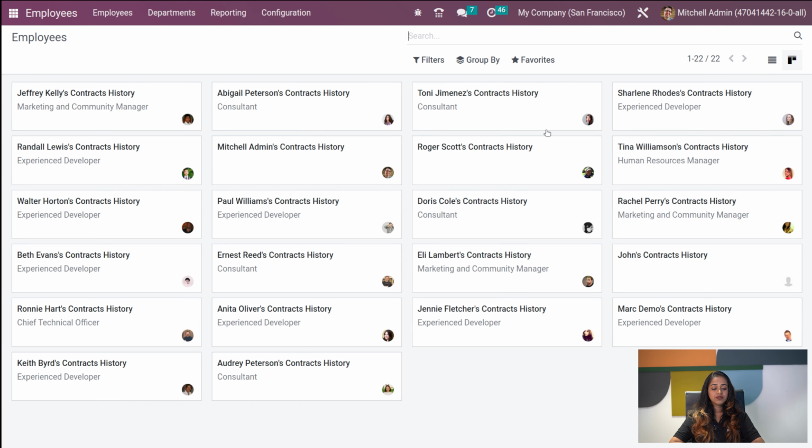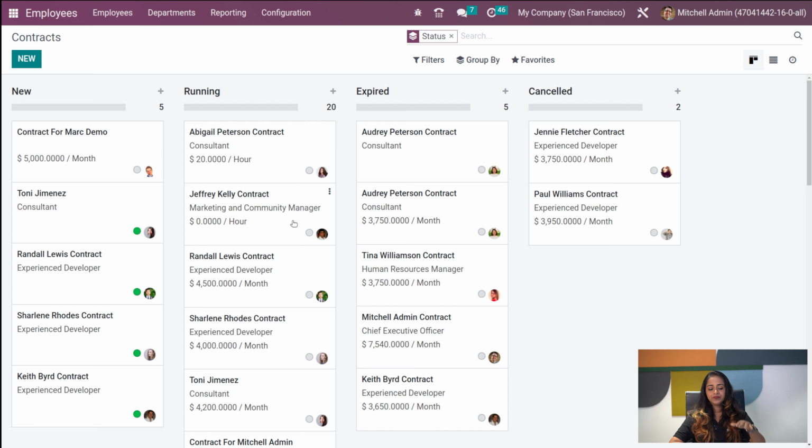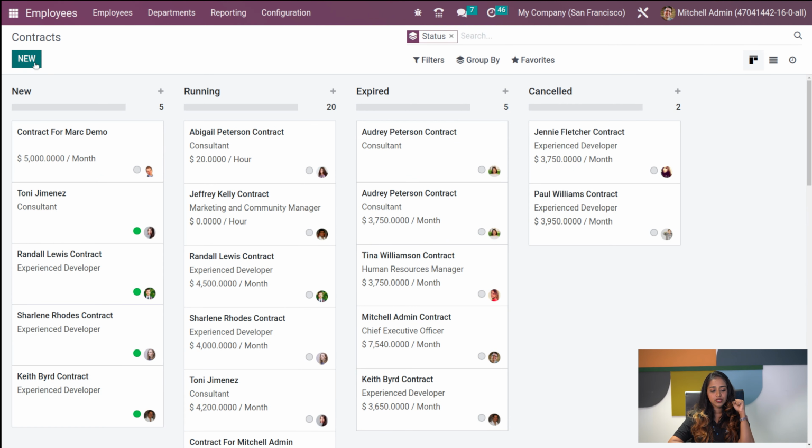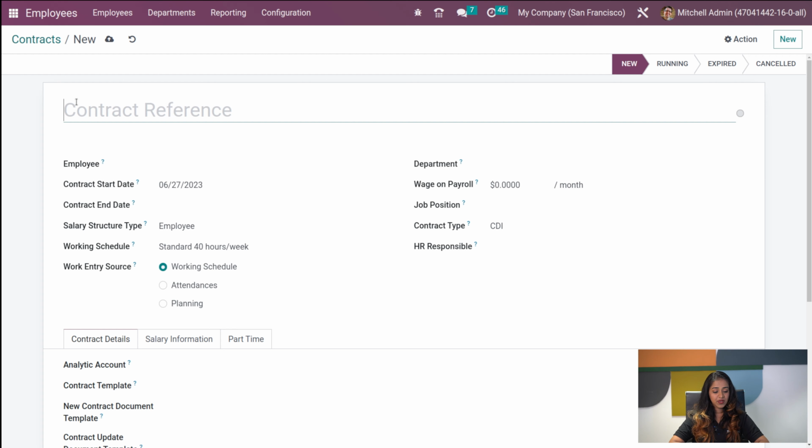So that's the contracts. Now if you go to all contracts, okay, you can see all contracts. Like under each stage, contracts can be viewed. Like you have the new one, running one, expired one, as well as the cancelled one. Okay. So that can be viewed here. And if you want to create a new contract, click on new, give the contract reference. I'm putting the EMS new